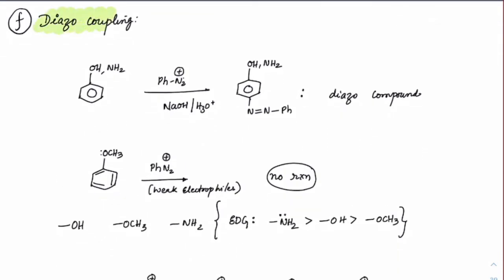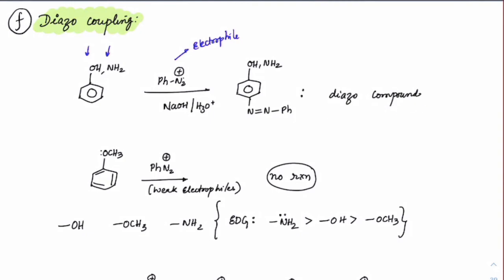Last one in this chapter is about diazo coupling. Diazo coupling is also something which we have seen earlier, where if we have strong donating groups, like you can see OH, NH2, these are all very strong donating groups and they will highly activate the benzene ring. So when you treat these groups with benzene diazonium chloride, okay, this diazonium ion can be treated as an electrophile. This will act like an electrophile, and electrophilic aromatic substitution can take place from this, and we will get this product. Okay, and that product is called a diazo compound.